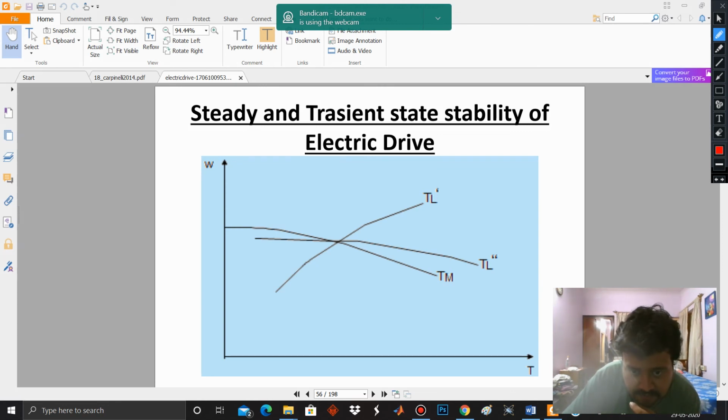The intersection, if there is an acceleration, suppose the intersection is over here. Like this. So now if there is an acceleration where the speed increases to omega 2 from this point, that is omega 1, so this is tau m, this is tau L. So you see here tau m